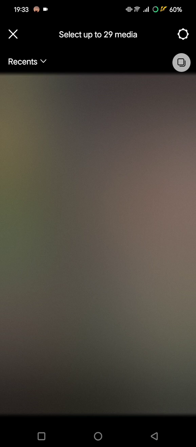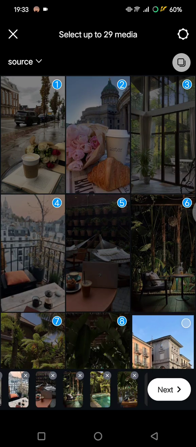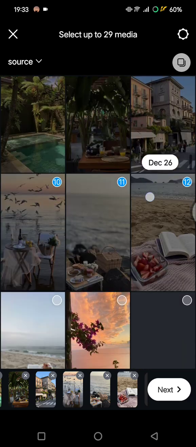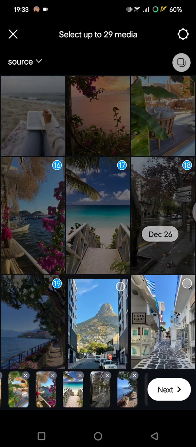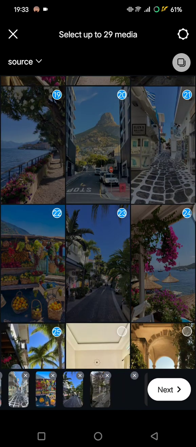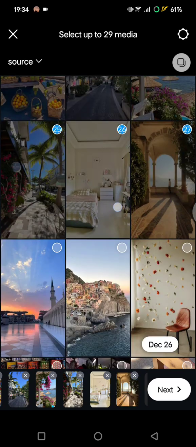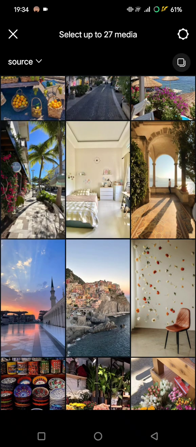Click or find the videos or photos that you want to add. I need 29. Okay, so I'm going to add 29 photos into the template. So how much media you need to add depends on the template itself. So it might vary: 24, 26, 27, 28, 29. Okay, after you are done selecting the media, you can tap on next, and after you click on next, there